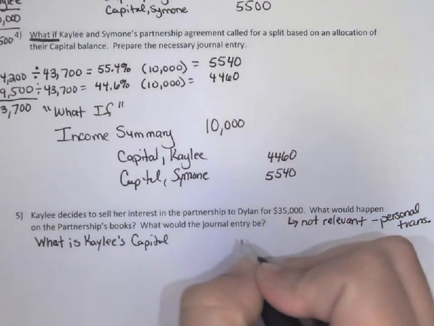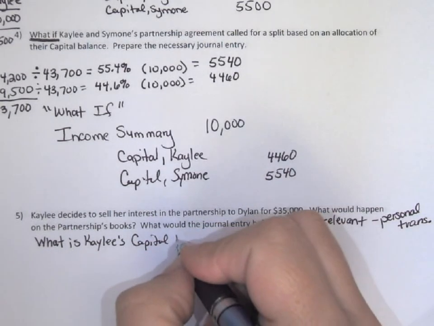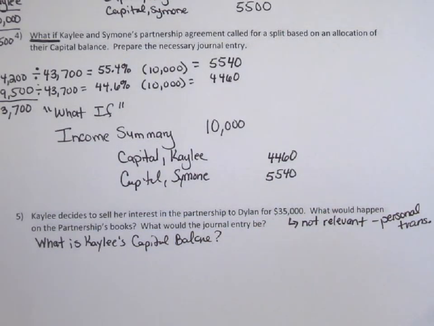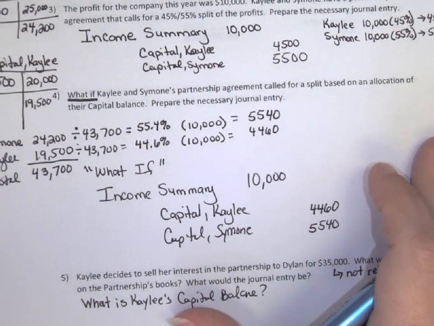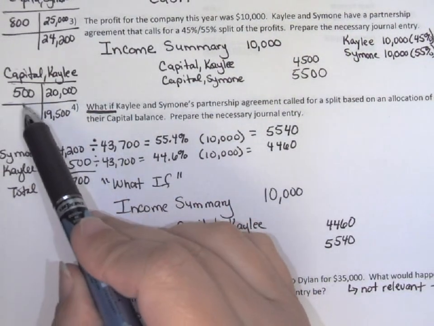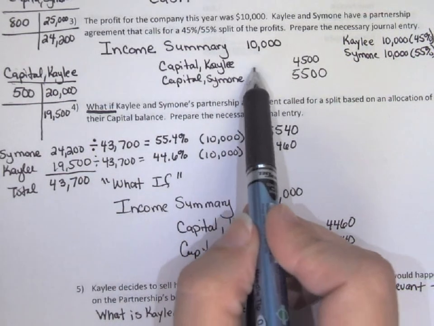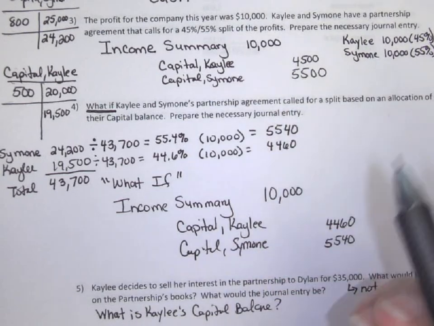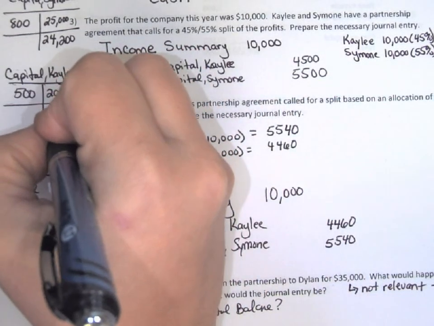And the reason that we need to know Kaylee's capital balance is because she's no longer a partner. So her capital balance needs to zero out. And that then would need to move to Dylan, and it would be his capital balance. And so what we do is we come in and we look and we see that Kaylee contributed $20,000. She took out $500. We've made some money, and we've made $4,500. And so we would take that